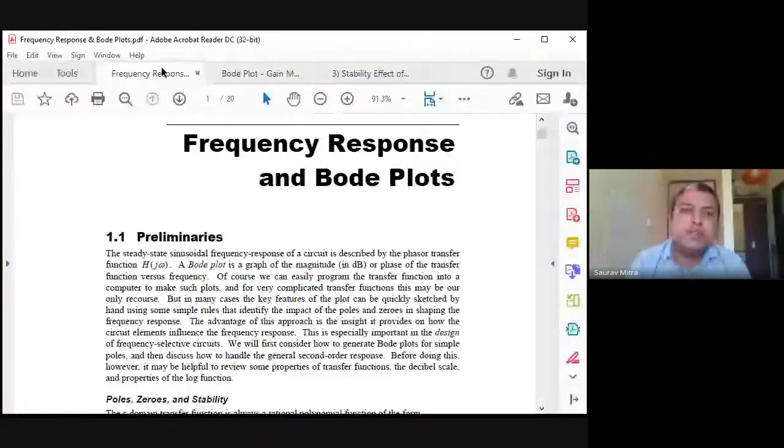So in this case, what you are finding is s plus 3. What is meant by s plus 3? That means at 3 radian per second, you are having a zero. Numerator, there is s plus 5. What is meant by that? That means at 5 radian per second, you are having a zero. Because they are the roots of the numerator. So s plus 3, s plus 5 at the numerator means at 3 radian per second and at 5 radian per second, you are having zeros in the system.